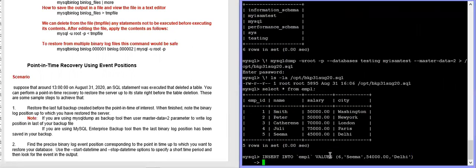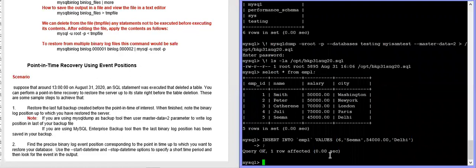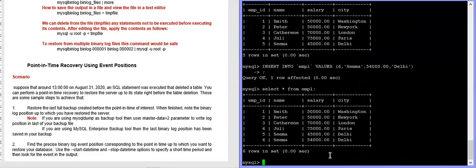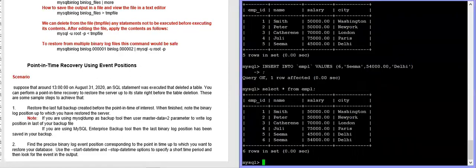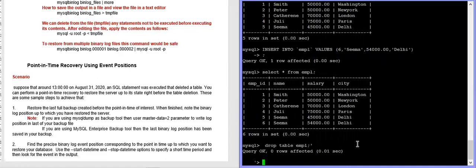Now I am inserting one more value. This value will not be in the backup because we have taken the backup before inserting this. So now there are 6, but we have taken the backup till the 5th. Now I'm going to drop this table. Okay, I have dropped it.